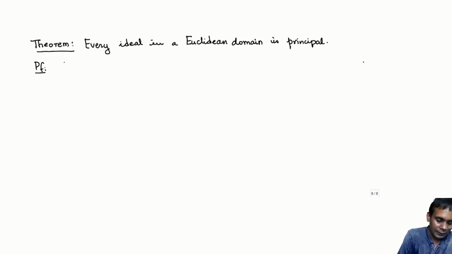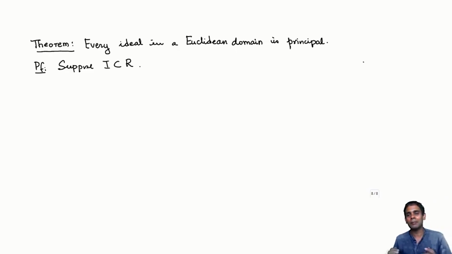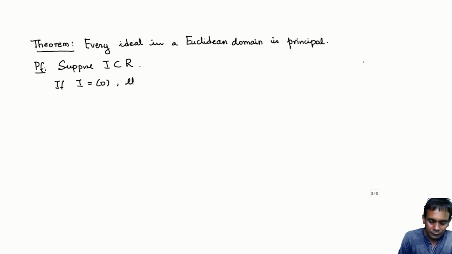So suppose I is an ideal in a Euclidean domain R, and I want to show that I is a principal ideal. So I need to find this element m such that the ideal generated by m is I. So if I is just the singleton 0, then we are done, right? Because I can just take m to be 0, it's the ideal generated by 0. Otherwise, I has a non-zero element,